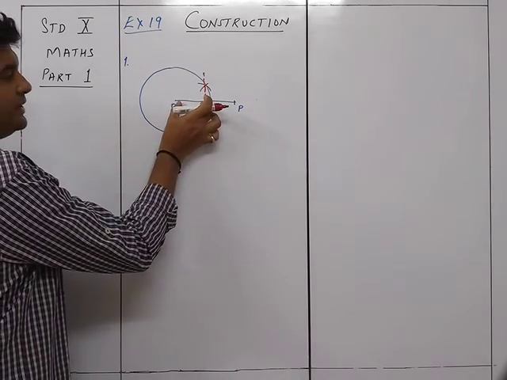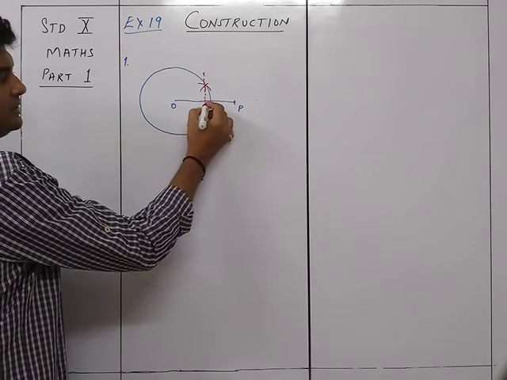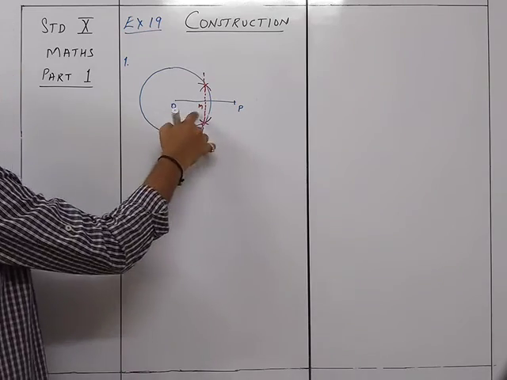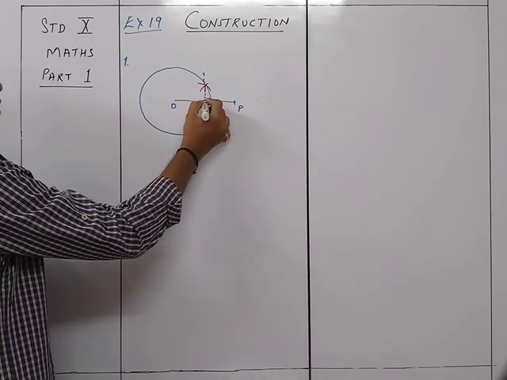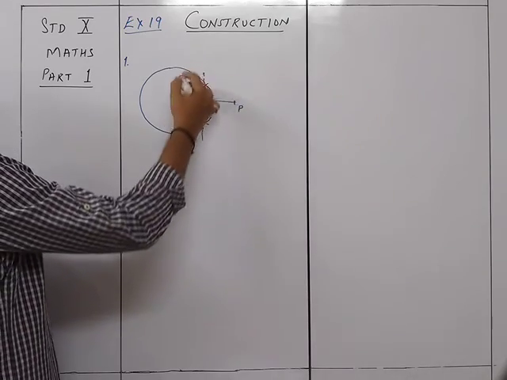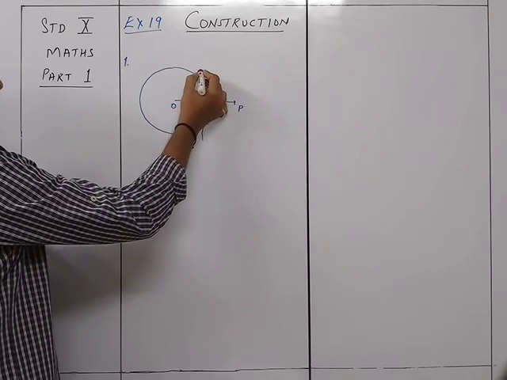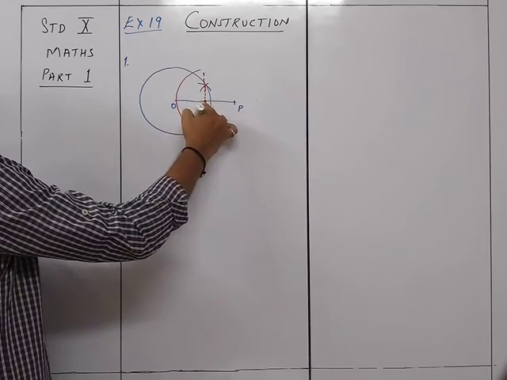Now you are going to take this much as the radius. That is, if I take this as M, then OM as the radius. You are going to take the radius and draw the circle from M passing through O and P. So it will be a circle passing through O and P.